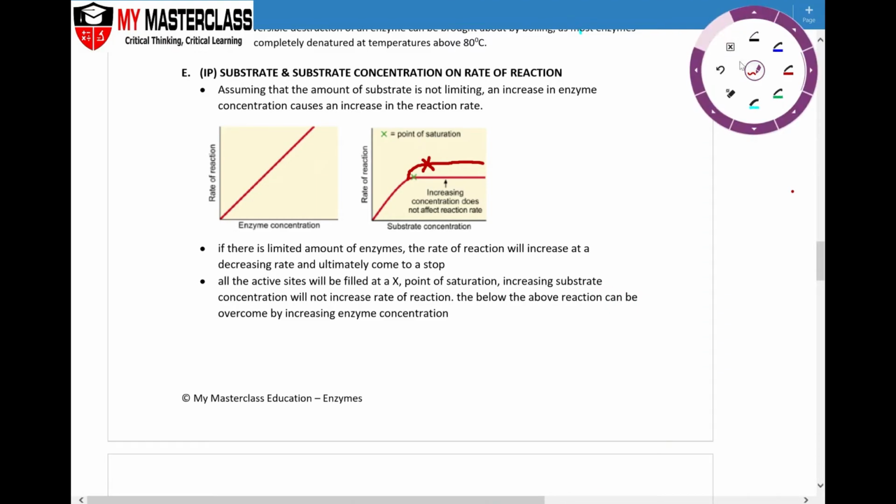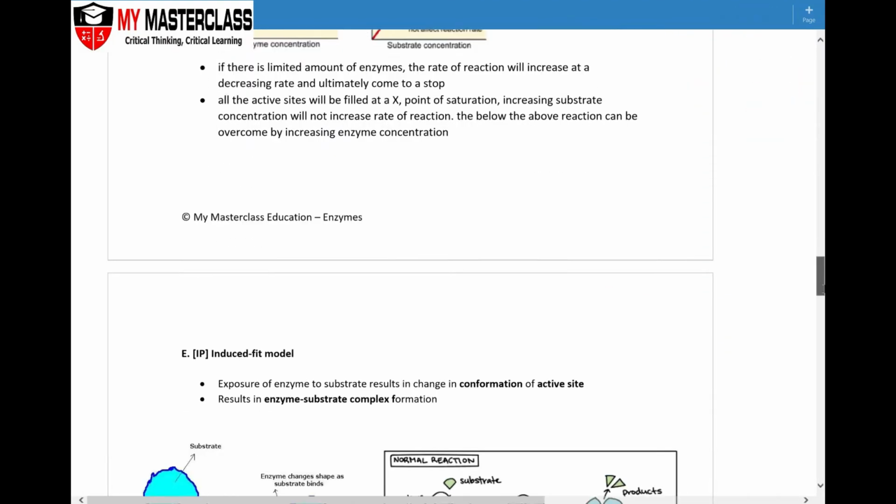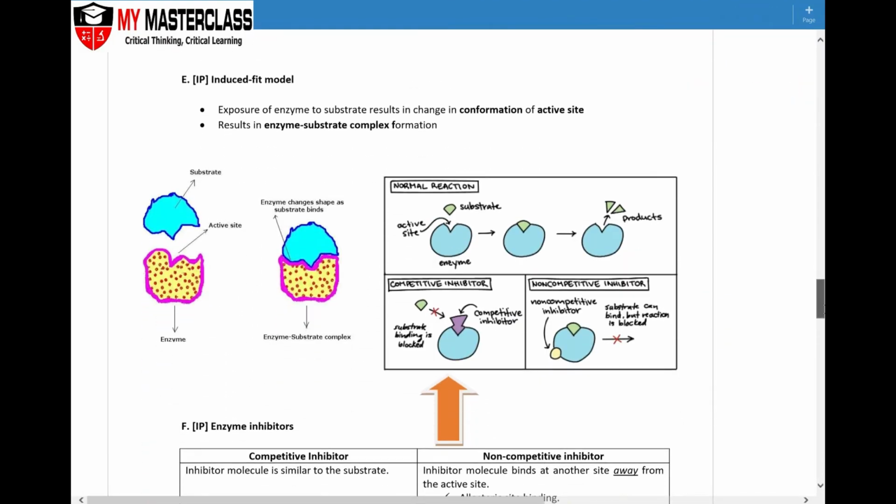So with this, let's move on to another component of enzymes, whereby we'll be looking at what is the induced fit model. Okay, now just earlier on we talked about what is the lock and key hypothesis, in which the lock is the enzyme and the key is the substrate, and that there is only one enzyme for one substrate. Okay, so this was the general